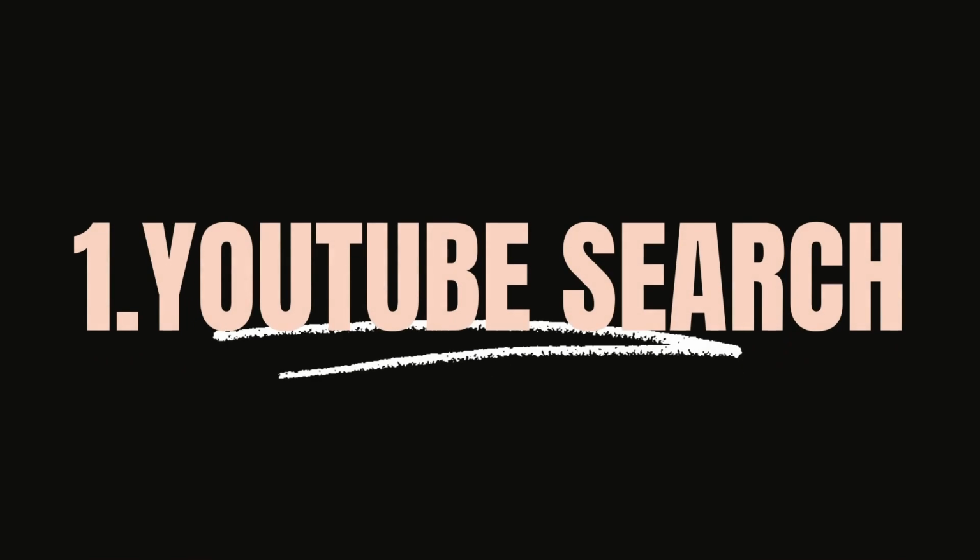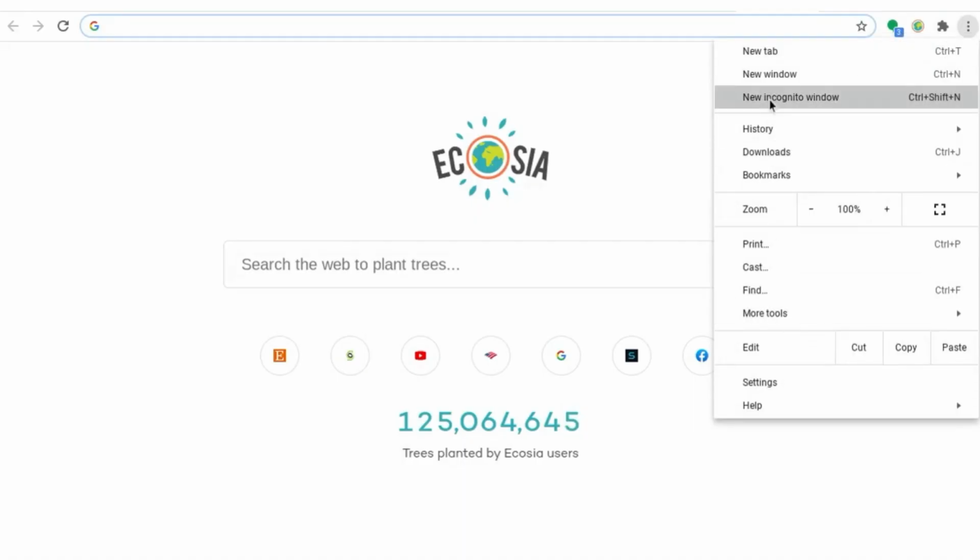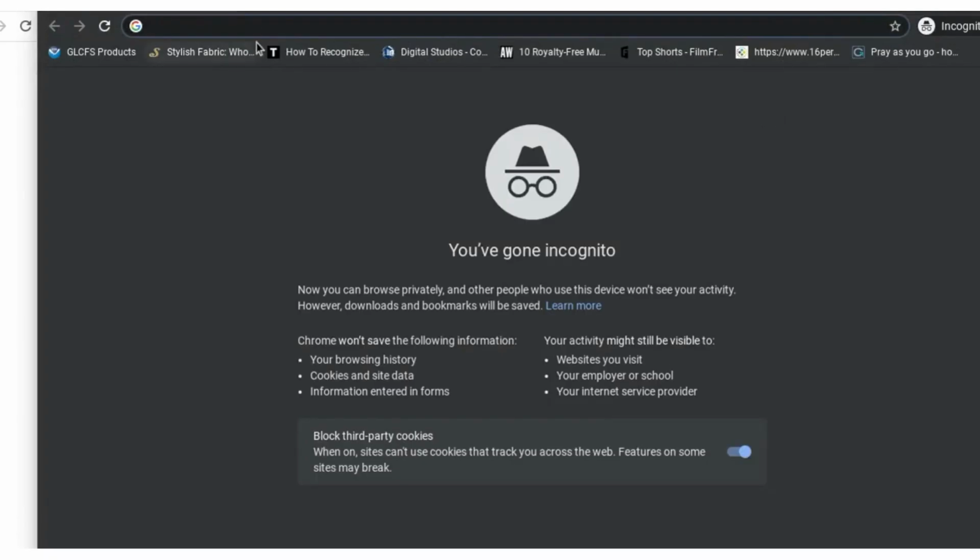I like to start with the simplest methods, but don't underestimate how powerful the simple methods can be. So for method number one, we're gonna head over to the YouTube search bar. Now, YouTube knows us really well, and it knows the type of videos that we've watched in the past. So in order to get a more unbiased search, we're gonna go ahead and open up an incognito tab. And then we're gonna go